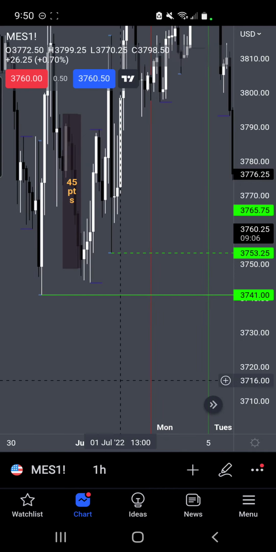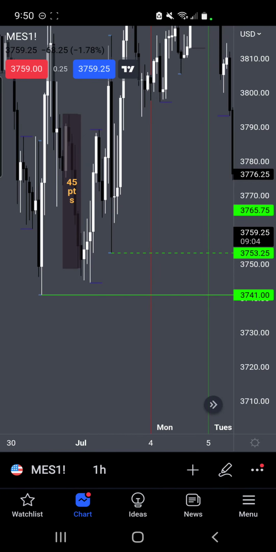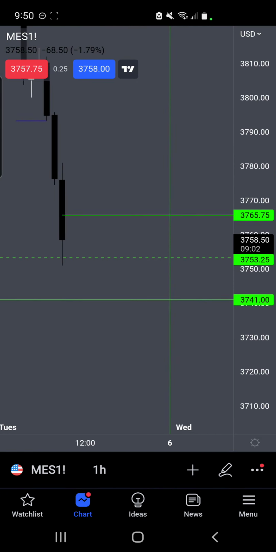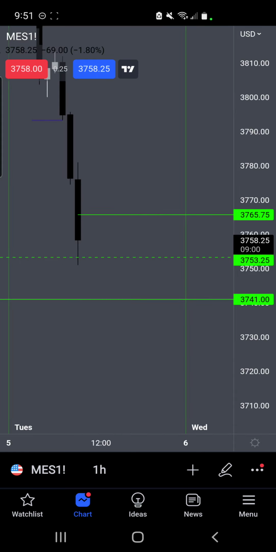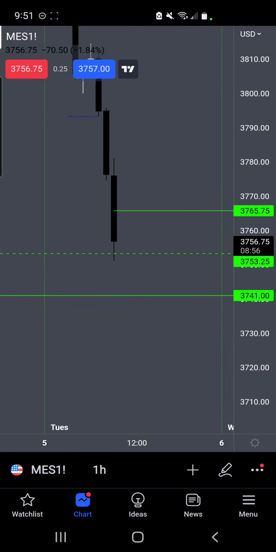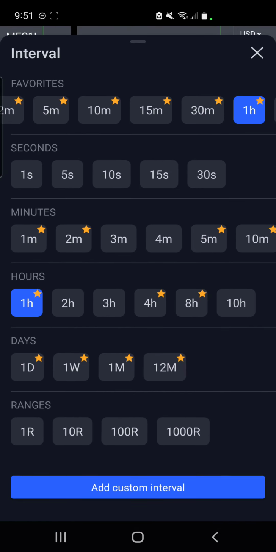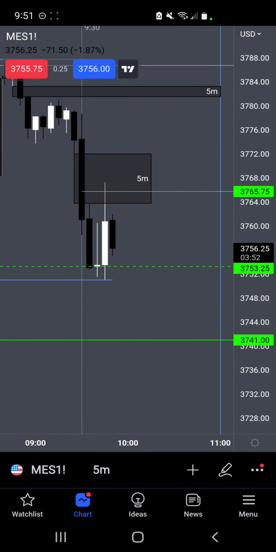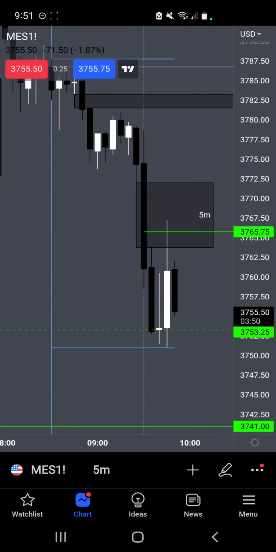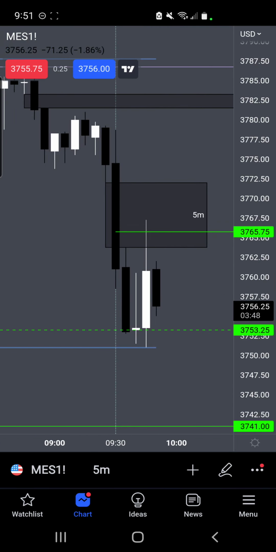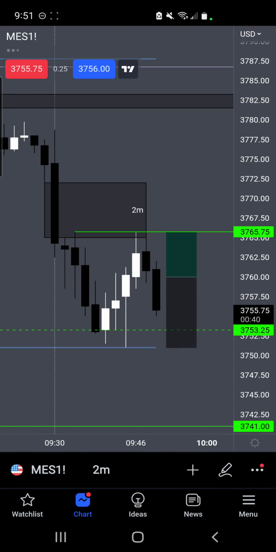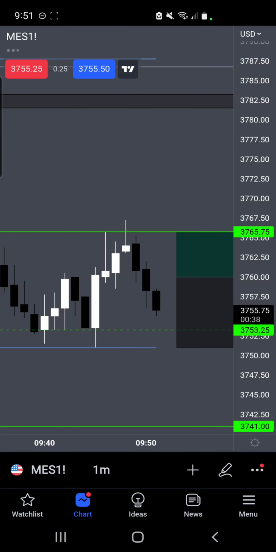Ultimately, I wanted to come to 37.41, but I figured I could get some form of scalps in before that target hit. So yeah, that run up was basically to retrace, or playing the retrace into this 5-minute gap, or 5-minute fair value gap. And then lower time frame,